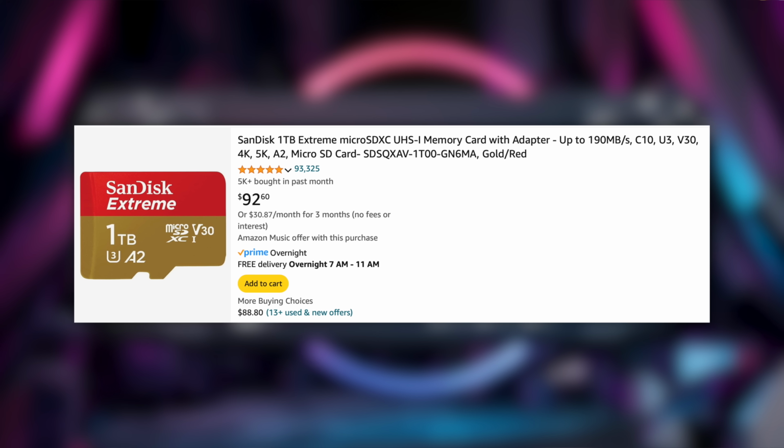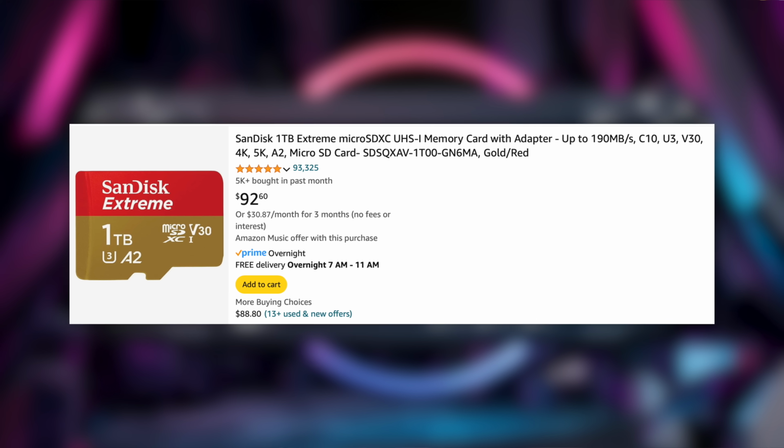And this year there are some pretty decent deals, and these are deals that you're going to want to take advantage of if you took advantage of the sale that's going on the 64 gigabyte Steam Deck, because you're very quickly going to realize that you need more storage with that 64 gigabyte Steam Deck that you just picked up for $296. So right now you can get the SanDisk Extreme 1TB micro SD card